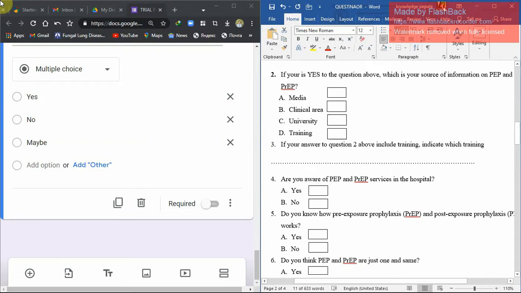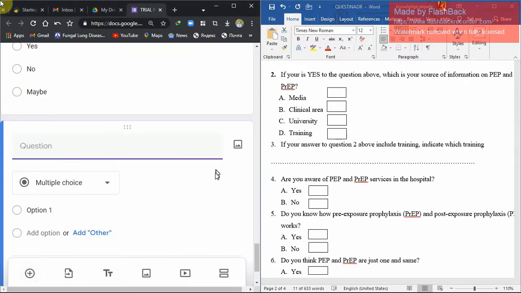Okay, so for example, you chose 1 or 2, you chose training here, and then it says if your answer to question 2 above includes training, indicate which training. So I want to show you how to include where they can. So this was a multiple choice selection. Well, let me make this so you now make it this question. So you just copy,